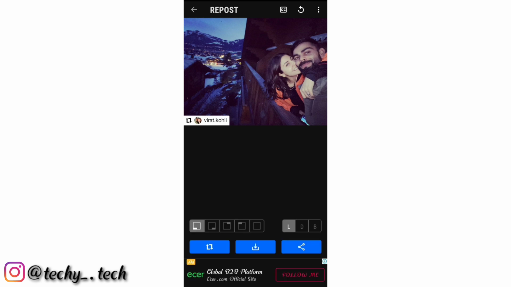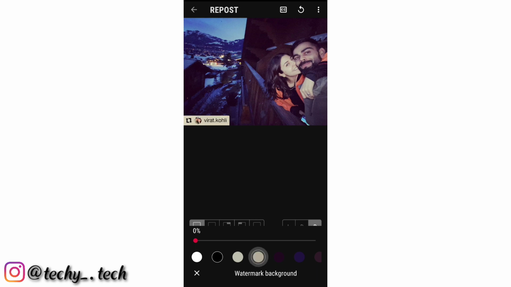You can select where you want to post it. If I want to send it to the right corner, then select, tap here, or you can say upper corner or left upper corner, or as you wish, but I want it here, so I will select here. Then you can make it dark also. Select here or another color, but I will select the dark one. So go back and select dark.